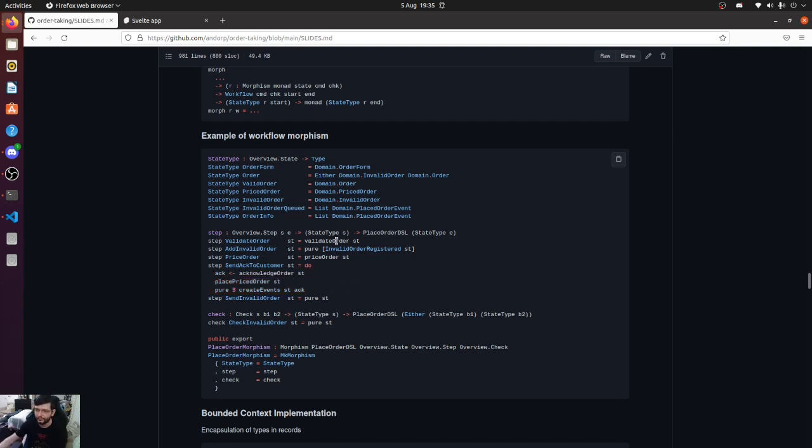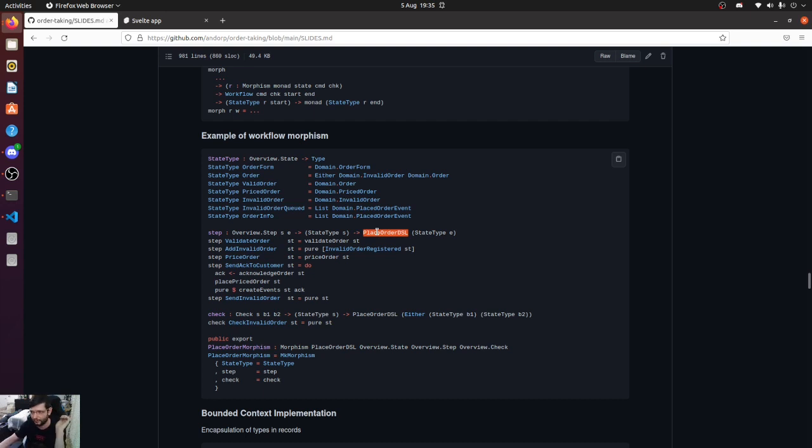Of course, you still have to implement the validate order, you still have to implement the price order, but again, here we have another explicit link between the workflow and the detailed definition of the workflow, the data and the behavior, because here I use the free monad to detail the behavior without giving any implementation of